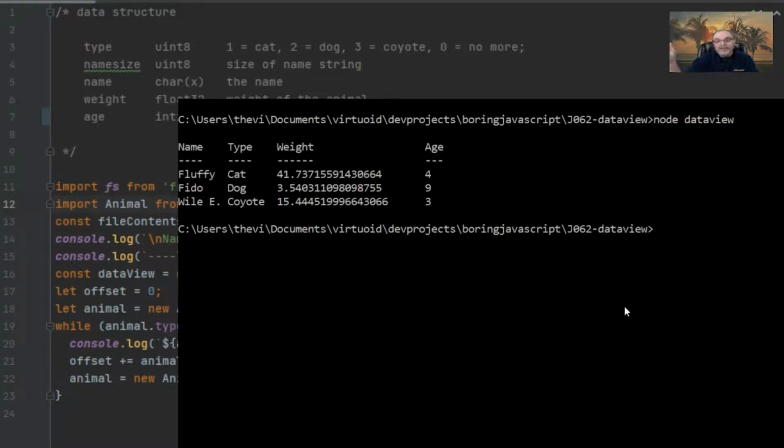And there we are. There's our name, there's our type, there's our weight, there's our age. And there's the 3 records. Remember I said there are 4 records in there, but the last record had a 0 point. So those are 3 records. So this shows you how easy it is to be able to map a set of data to a particular